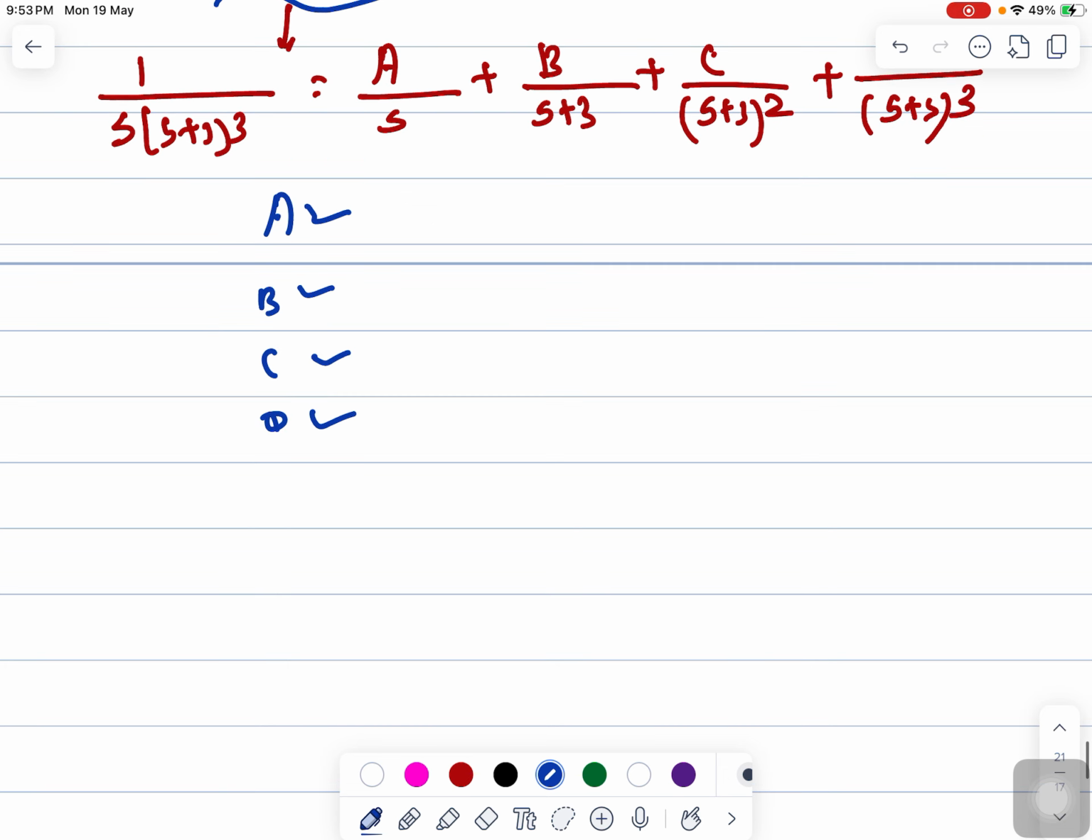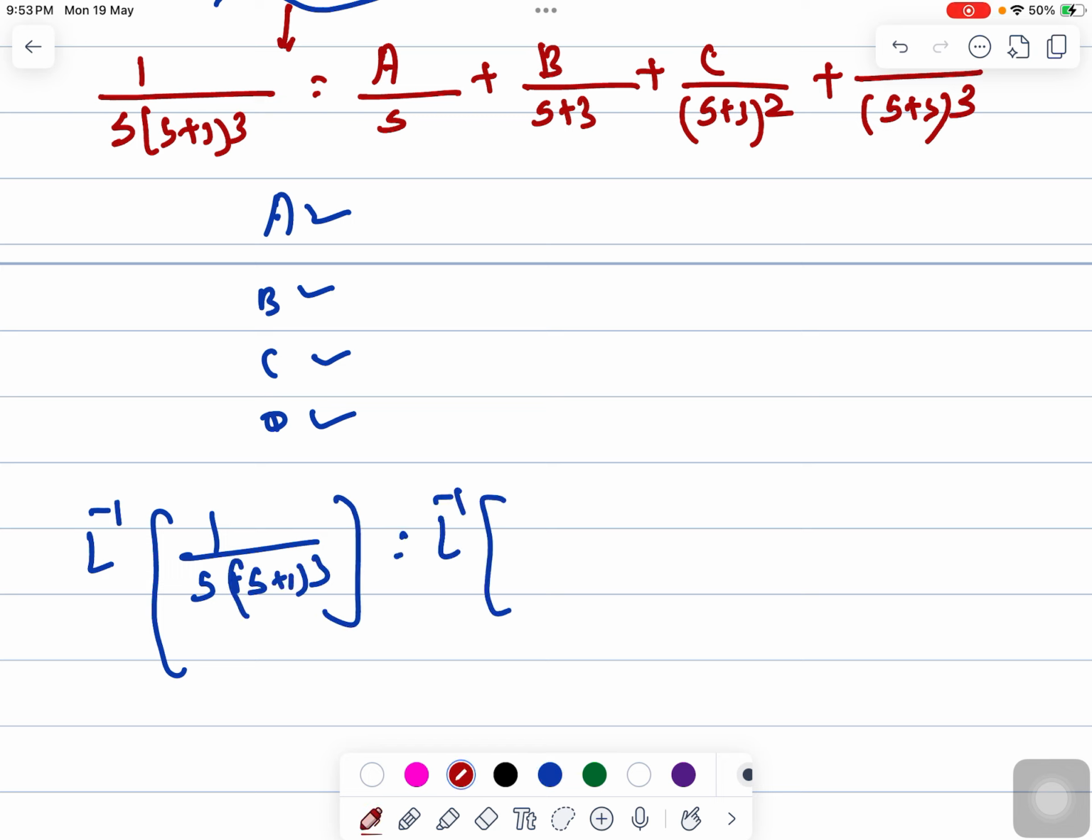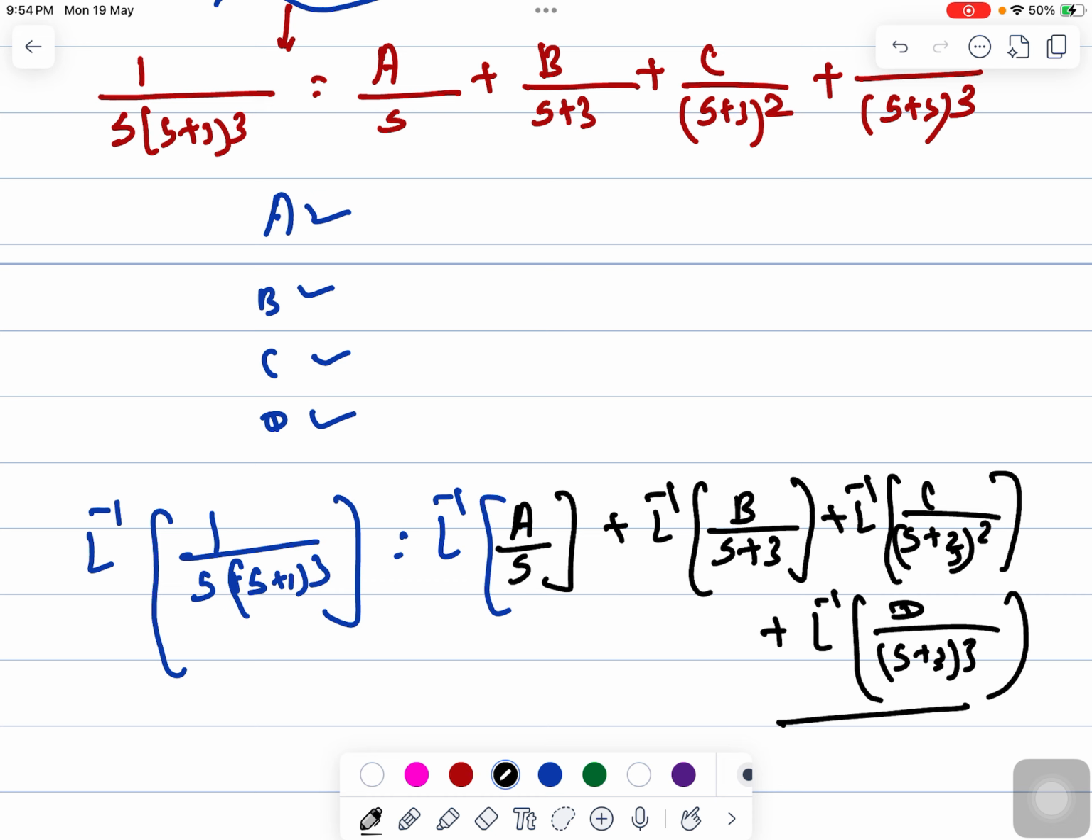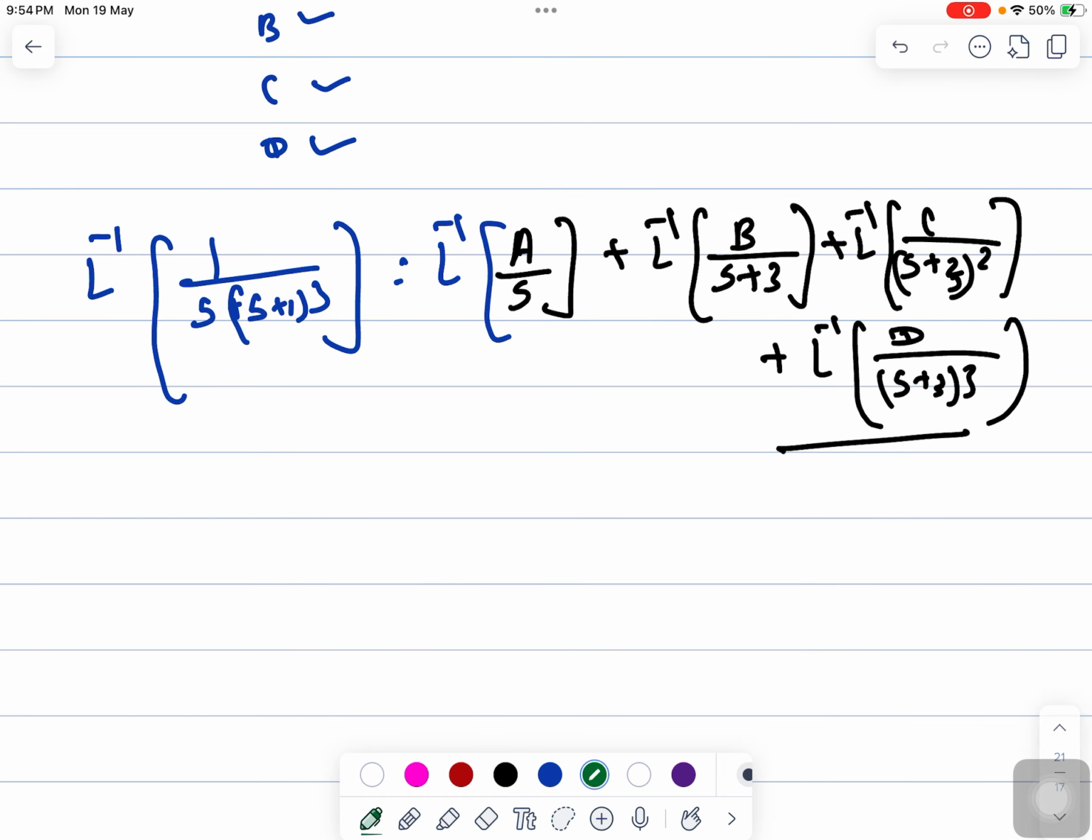And once you have calculated the value of A, B, C and D, you can write Laplace inverse of 1 upon s into s plus 3 whole cube as Laplace inverse of A divided by s, plus Laplace inverse of B divided by s plus 3, plus Laplace inverse of C divided by s plus 3 whole square, plus Laplace inverse of D divided by s plus 3 whole cube. So this is how we can perform the Laplace inverse of any particular function,